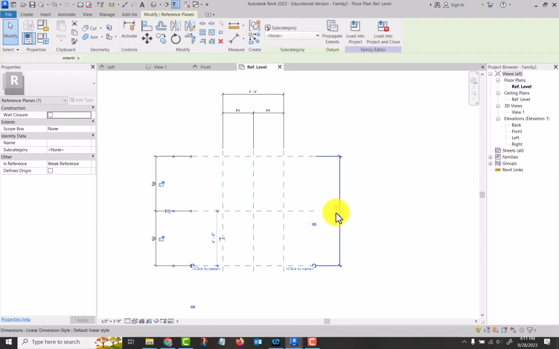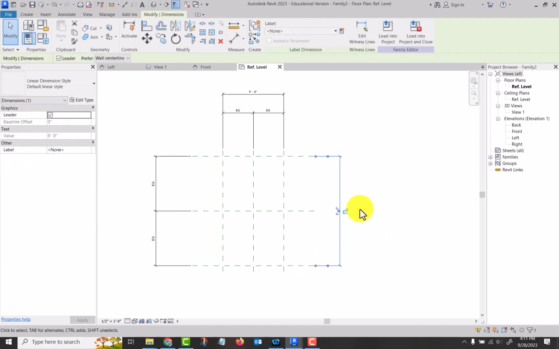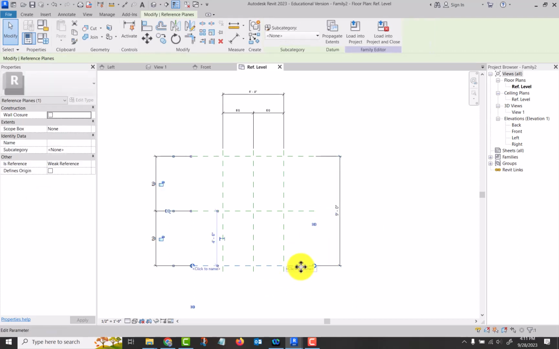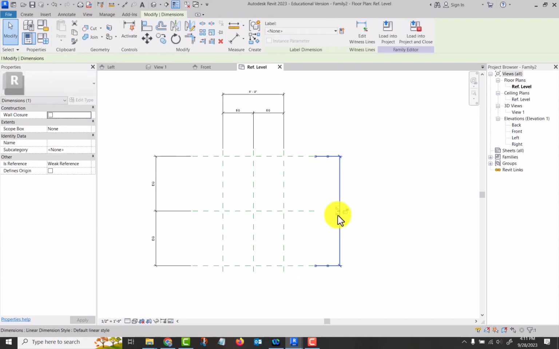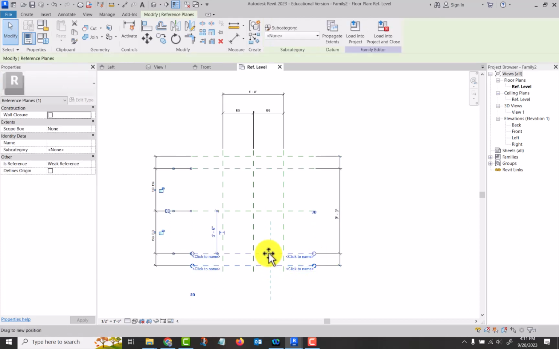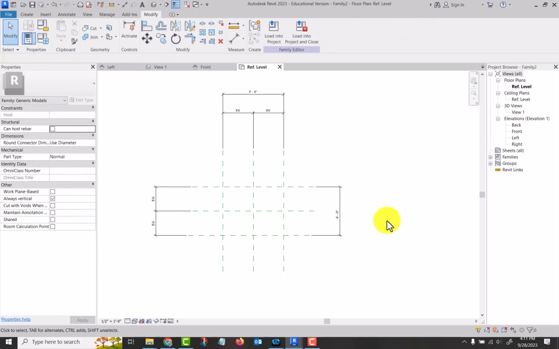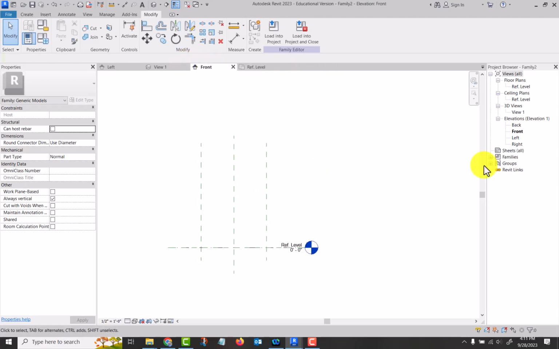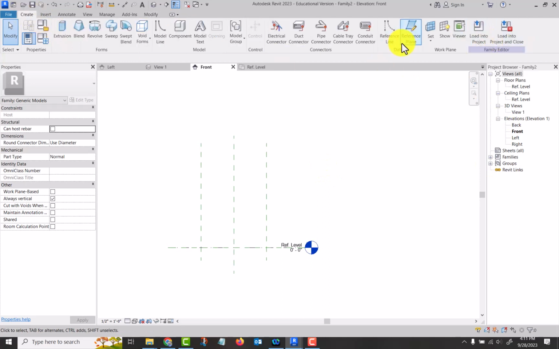But now let's make this so I could make it to what I need, and it keeps them equidistant off of the origin. Okay. It works the same way vertically also. Okay. So if I were to come to my front view and put a couple of planes in here,